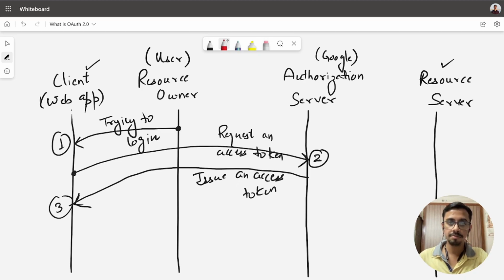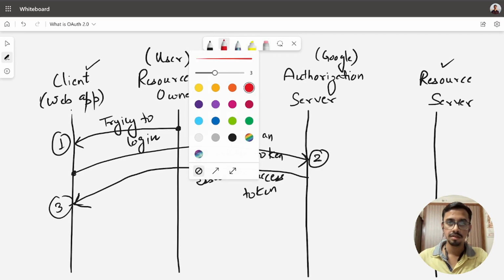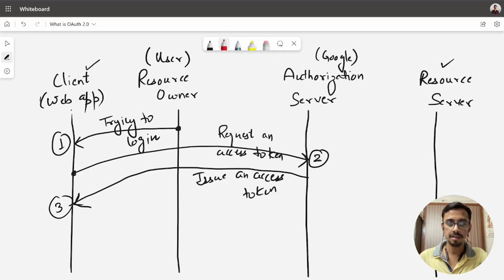So at this point of time, the client has a valid access token.